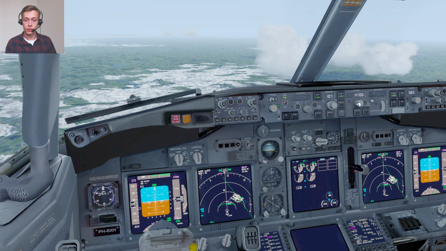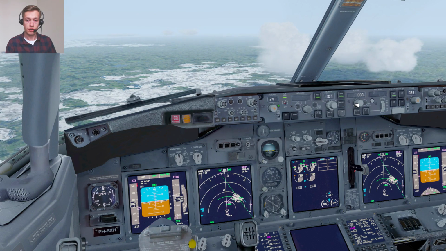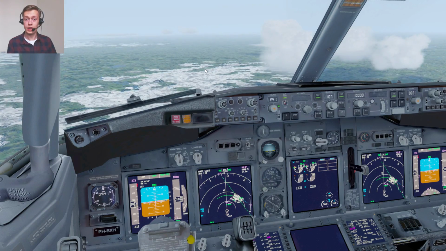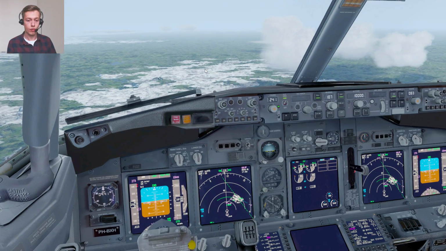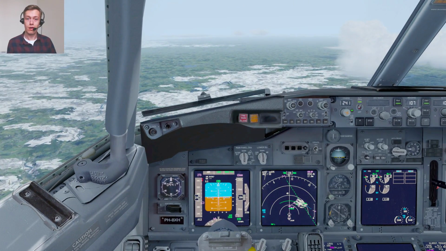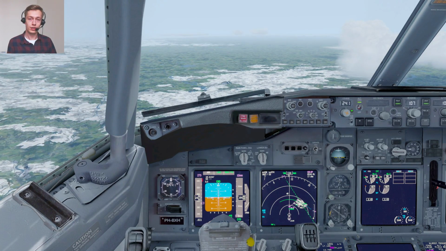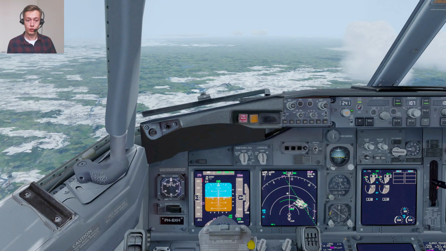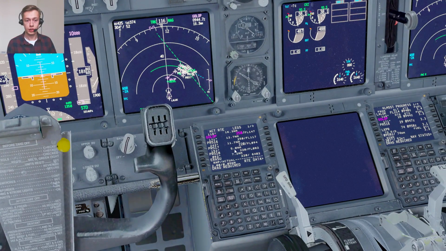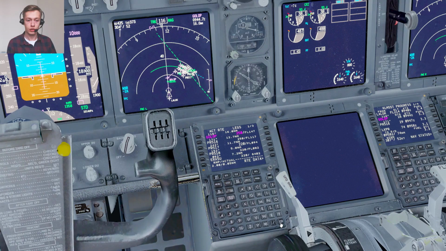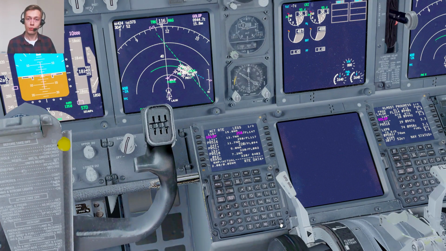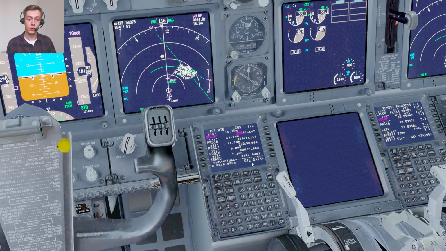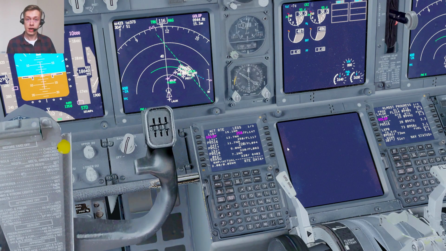Okay, so we've now received a new altitude instruction, flight level 100. So we're just going to set it like that. And we've been cleared for the actual arrival. Now, this particular arrival, unlike the one we reviewed just before from Gatwick, does not really have any altitude restrictions, but the speed restrictions you really want to adhere to, those are there to manage the traffic. There are no particular altitude restrictions, so we can just use the VNAV function to fly via our